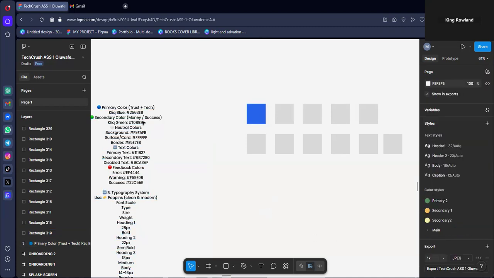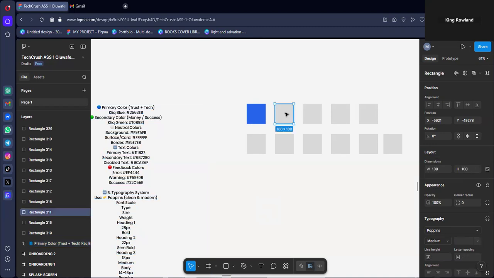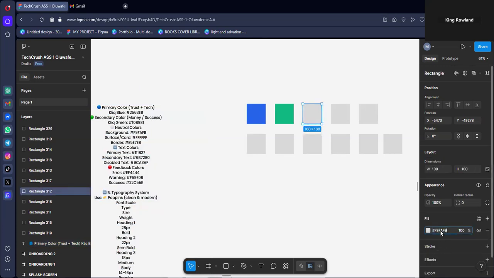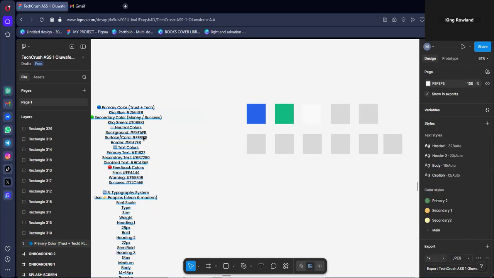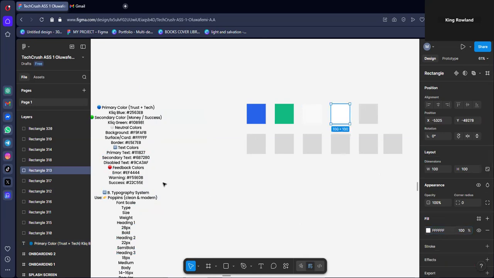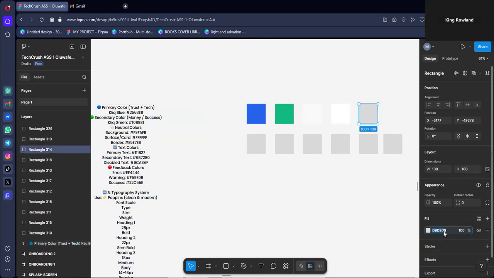Okay, I want to copy this color code also. Try to copy this, come to this place, Ctrl V it and paste it. And again, I want to use this color again, copy this color code, come here. I click on this, come to fill, Ctrl V and enter it. And again, I want to copy this color code, copy this, come over here. Okay, I come to fill, Ctrl V, give it the color. I want to copy this color code again, copy this, come over here again, and I Ctrl V it,